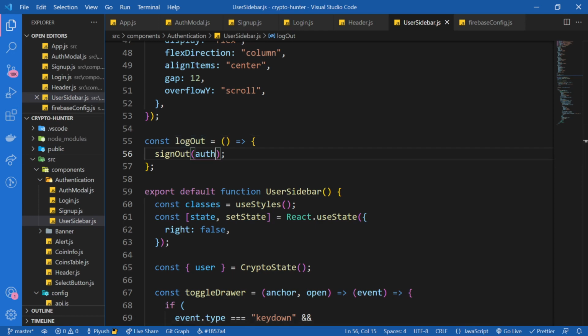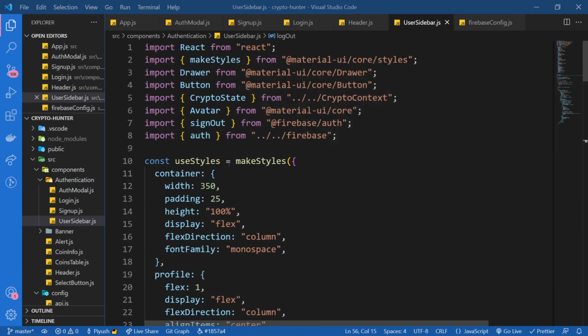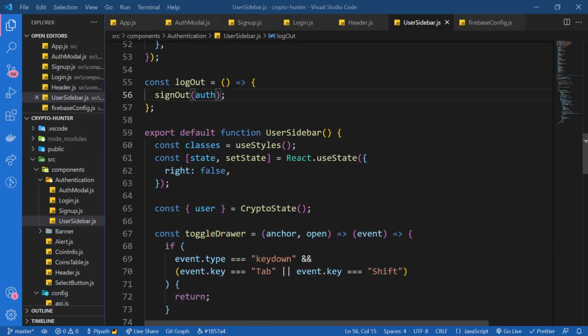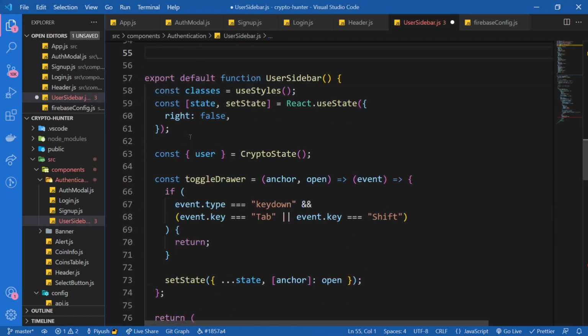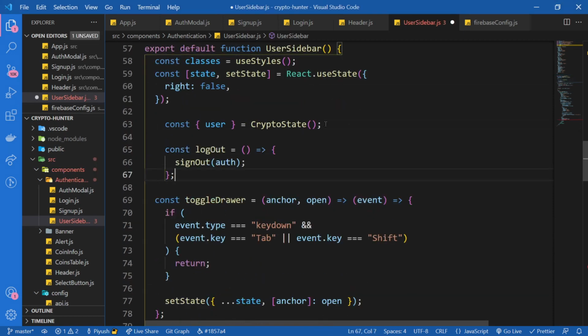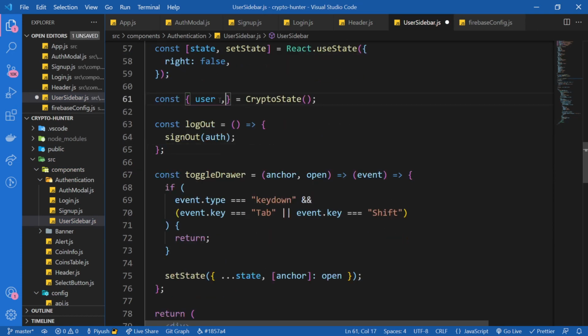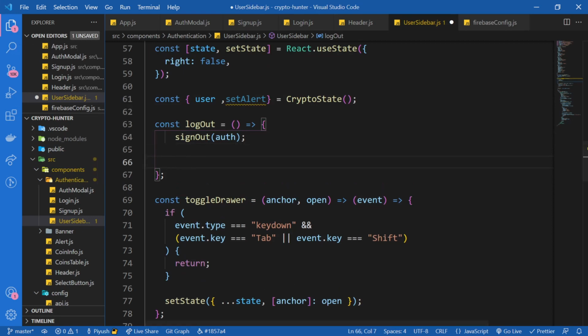Now after this has run, we're gonna display the alert. So we're gonna take the set alert from our context. So I think I need to create it inside of our function. So I'm gonna take the set alert,